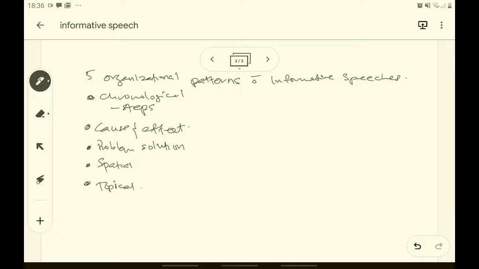For example, you want to talk about online learning, and then you can break the topic down into subtopics. Maybe in the first part you want to talk about the advantages of online learning, and then the second part the disadvantages of online learning,